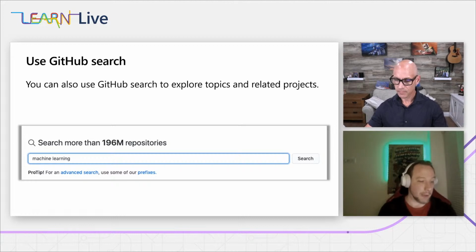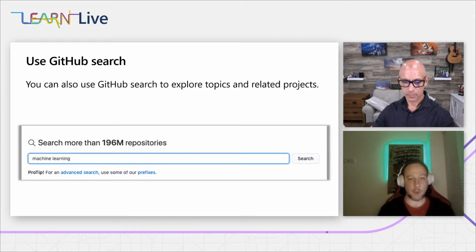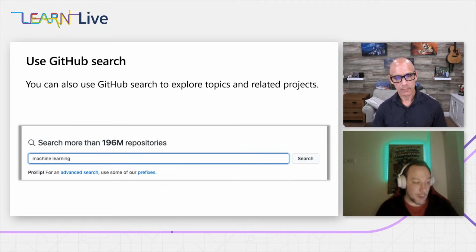If you're really good in machine learning, up here in the screenshot, but again, it doesn't need to be a Microsoft project. It doesn't need to be a GitHub related project. It's basically anything. If you're into IoT, if you're into overall Azure, if you're into any other technology you could think of, just search for it, open it up, and then you're going to find out, like in this case, machine learning. I know machine learning is a pretty hot topic, but close to 200 million repositories on GitHub. And I'm quite sure that this screenshot is a little bit outdated because we started working on the sessions more than 6-7 weeks back. So it's probably even more than 200.